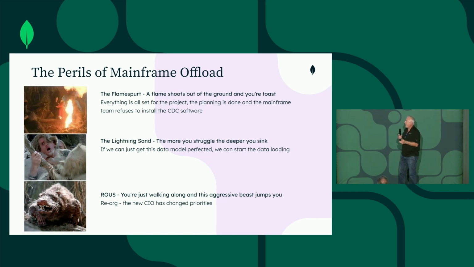So the next thing, the lightning sand, and this is something that we do have some control over, and we'll see a little bit about it. In this peril of the fire swamp, the lightning sand is the more you struggle, the deeper you go in. And that is akin to the planning problem. Mainframes are complicated. Mainframes have been around a long time. It is really presumptuous to say we know exactly what everybody through the generations of people who wrote code for that mainframe were thinking. And in this insurance example, somebody's going to ask,